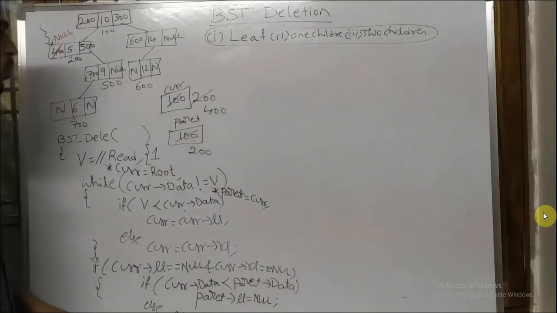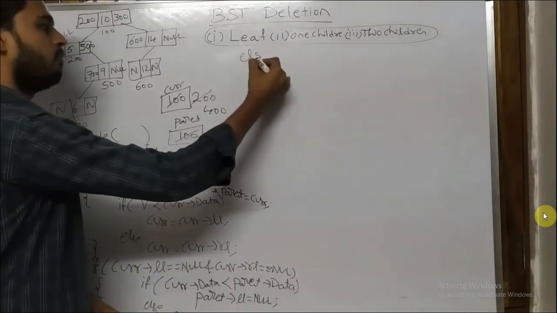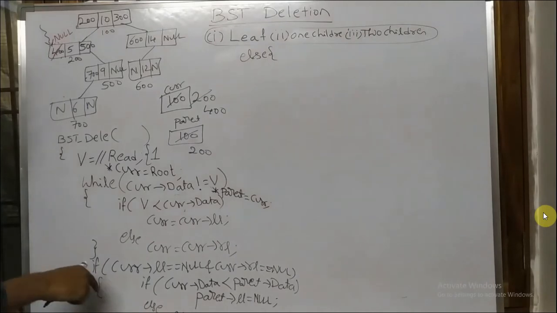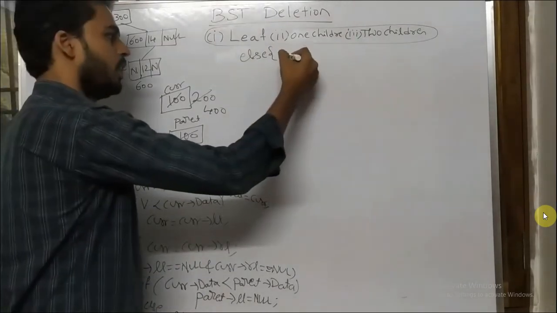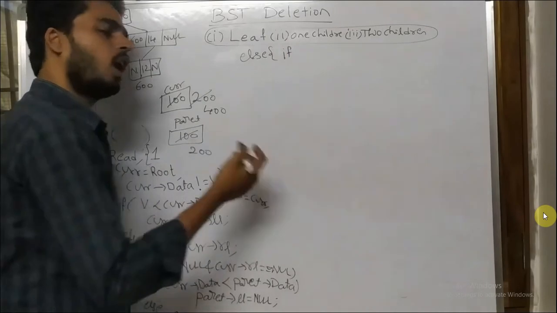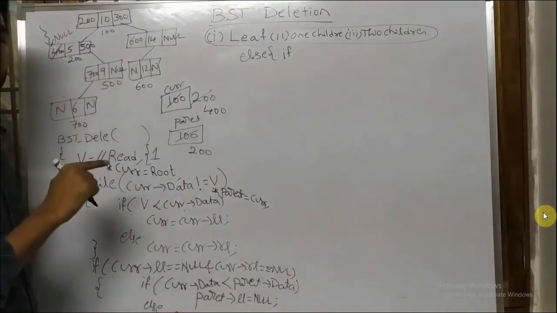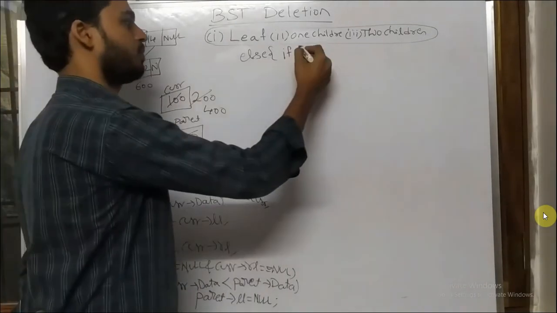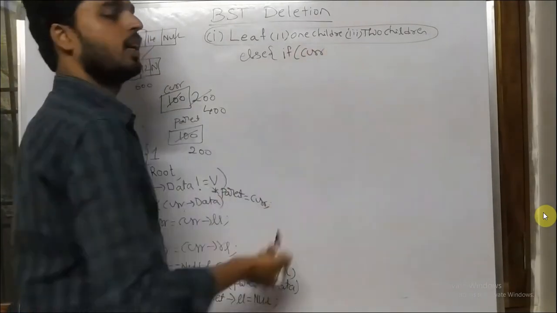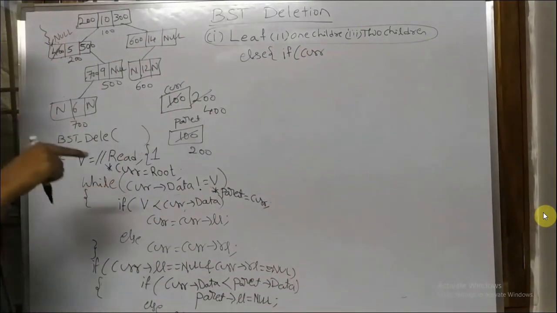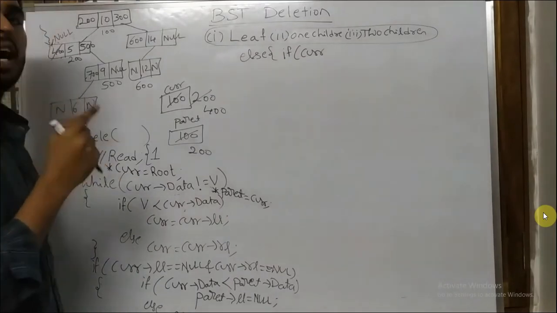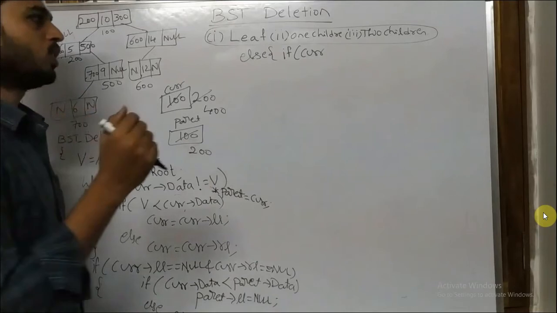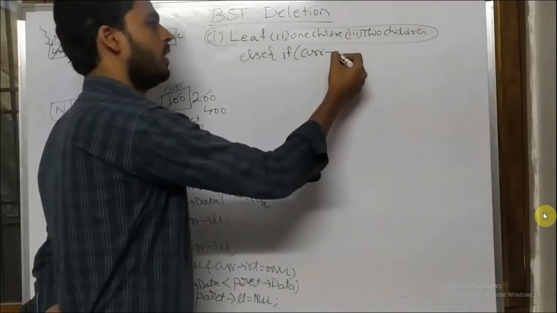Now next we will see, meaning that if it is not the leaf node, obviously it can have either a single child or two children. First I am going to check for a single child. That single child can exist either on the left side or the right side again. Left side or right side. So first we will write one logic. First I will check for the left side.